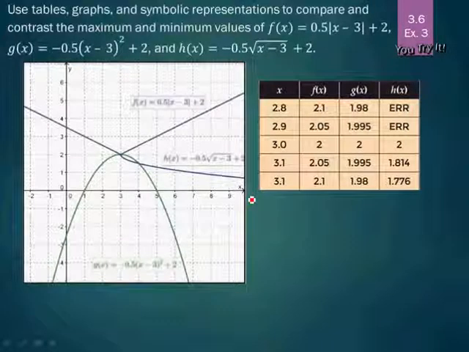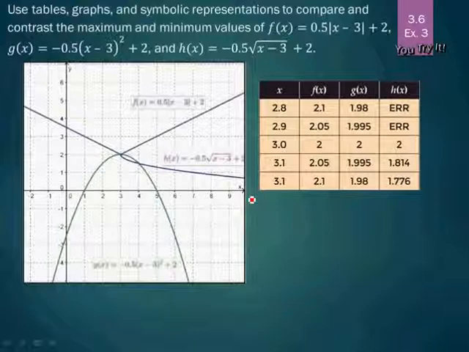Use tables, graphs, and symbolic representations to compare and contrast the maximum and minimum values of f(x) = 1/2|x − 3| + 2, g(x) = −1/2(x − 3)² + 2, and h(x) = −1/2√(x − 3) + 2. Okay, so first looking at f(x), we see this is an absolute value graph,